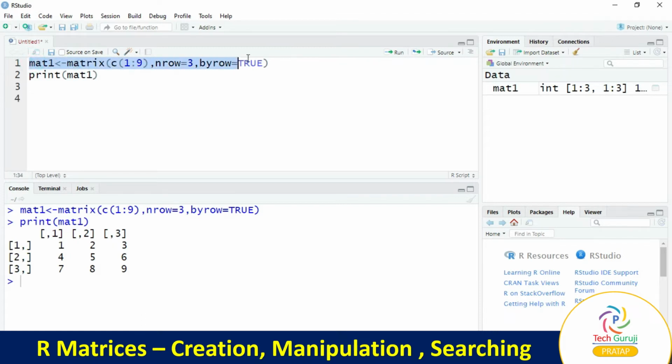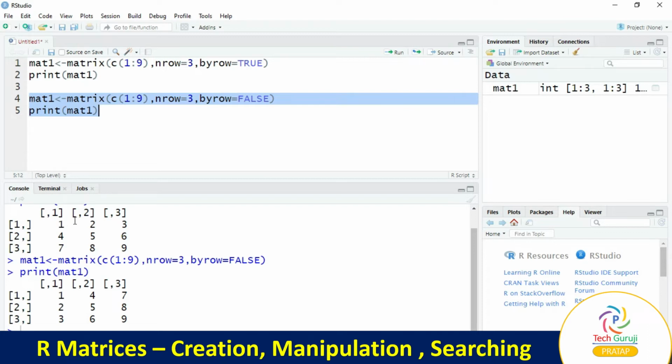We'll copy this code, paste it, and replace TRUE with FALSE, and again we'll print mat1 to check the difference between these two options available.